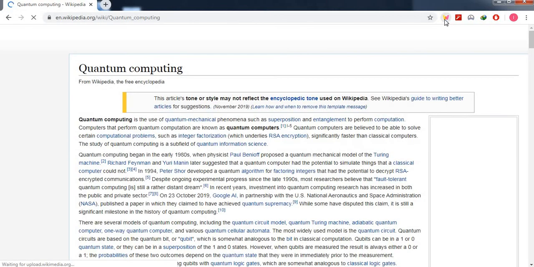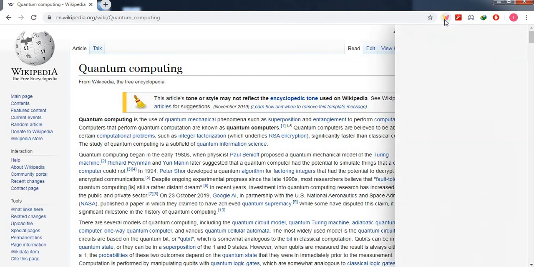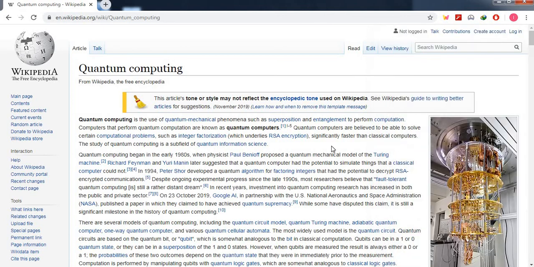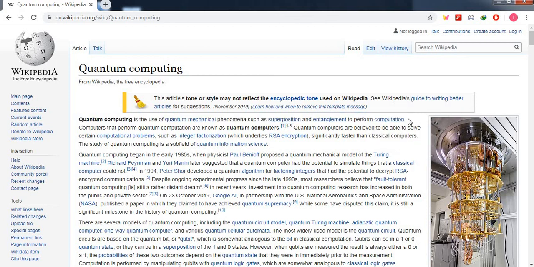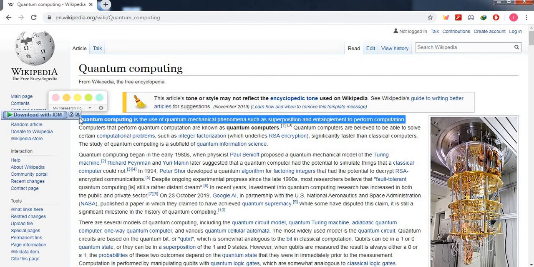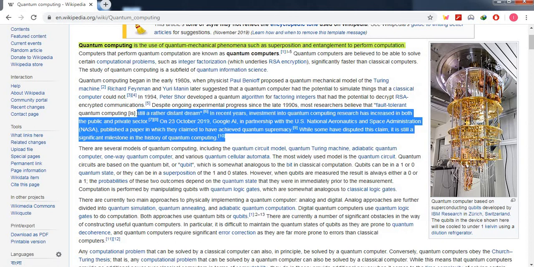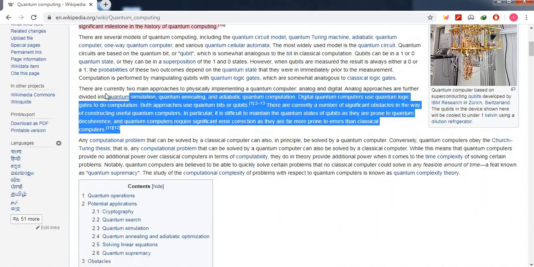For using wave highlighter, you need to sign in through your account. You can create any account and sign in with Google Chrome or any other, for saving purposes. Now suppose I am reading this particular line and I find it interesting. I'll just select this line and the highlighting options will come. I have given green color to this. This one I find is my important line, so I'm giving blue color, highlighting it basically.